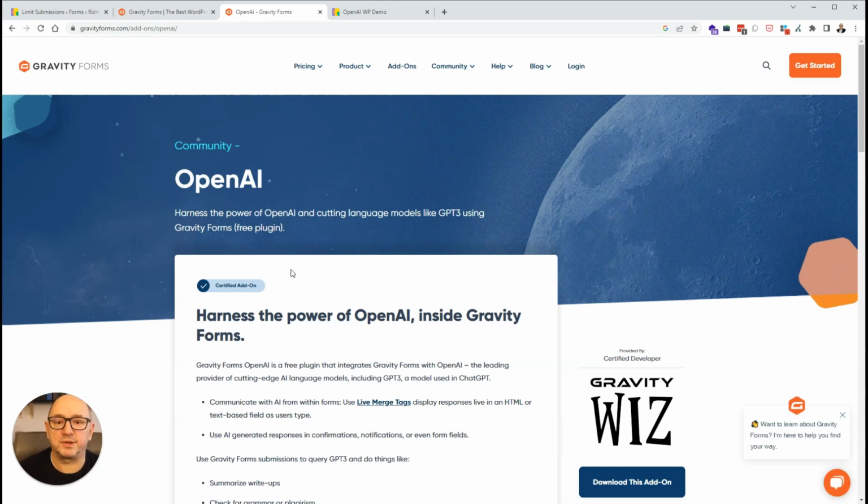So it's a WordPress website. You need the Gravity Forms plugin. You need the OpenAI Gravity Forms add-on, and I'll give you all the links for this in the post below. And you'll also need an API key from OpenAI. Okay, so once we've got that started,